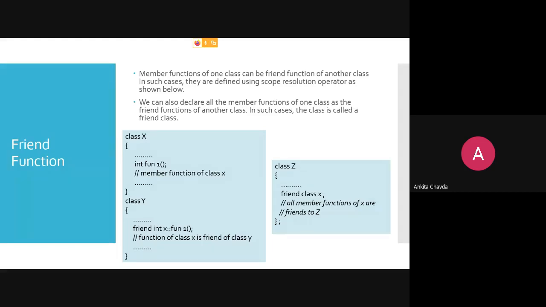So here class X is giving only one function to use, not all the functions. If class X is a best friend of class Z and class X is permitting all the functions, then in class Z you can write friend class X. What it means is that all the member functions of class X are now friends to Z, so you can use any of the functions. If class X has 50 functions, you can use all 50 as friends, because I've written only a single line, friend class X, which makes all of class X's functions friends with class Z, right? This is what we have seen.